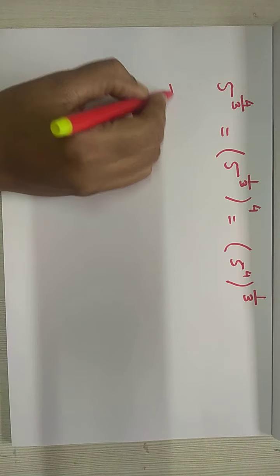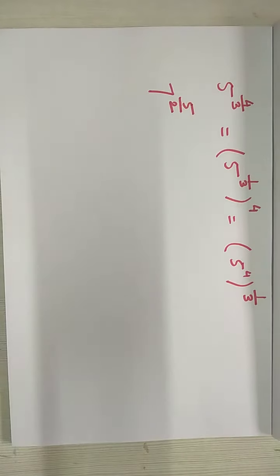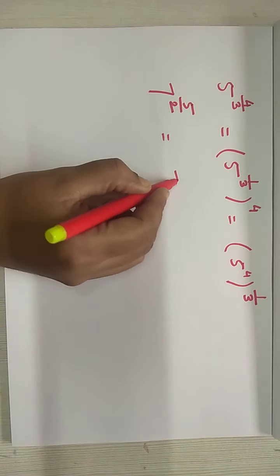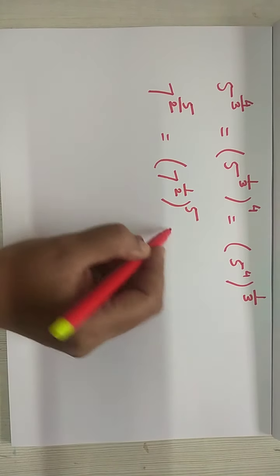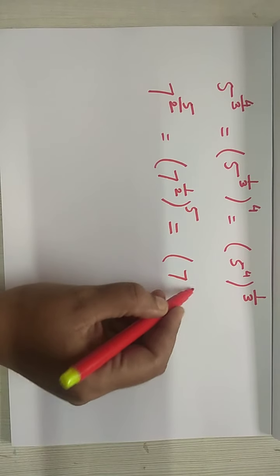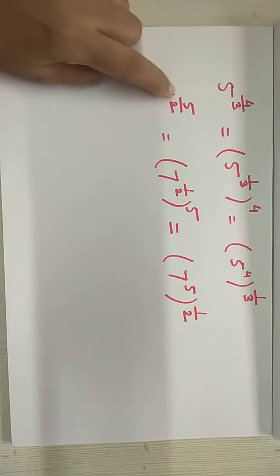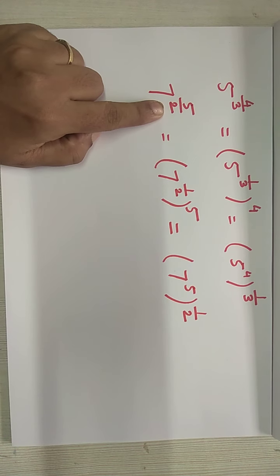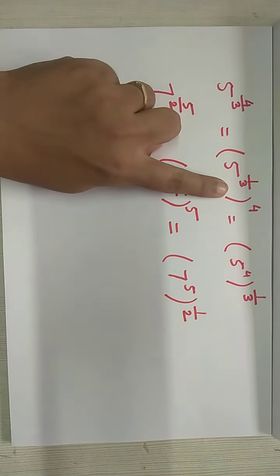Let's take one more example. 7 raised to 5 upon 2. If I had an index 7 raised to 5 upon 2, how am I going to split this and write? It can be written as 7 raised to 1 upon 2, the whole raised to 5. Otherwise 5 inside and 1 upon 2 outside. See clearly, children, 5 is up, 2 is in the denominator, so we are writing 1 upon 2. Okay, see, 3 is in the denominator, 1 upon 3.